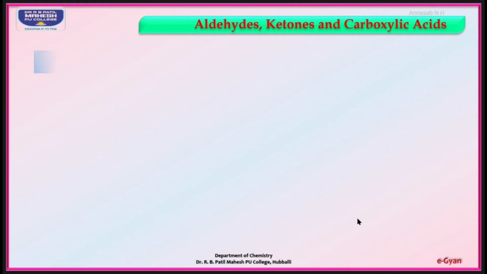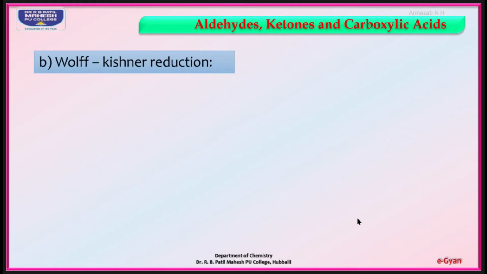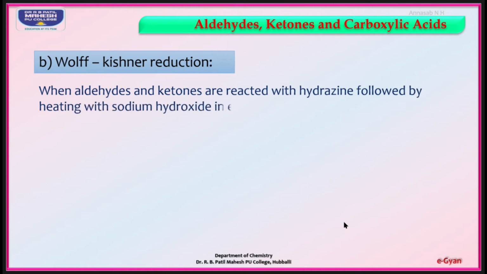Next, an alternative reaction for Clemmensen's reduction is Wolff-Kishner reduction, which is also one of the important questions for your board exam. Here also we are going to convert aldehydes and ketones into hydrocarbon. The same process, the C double bond O group is converted into methylene group. When aldehydes and ketones are treated with hydrazine, that is NH2NH2, followed by heating with sodium hydroxide base in ethylene glycol, a dihydroxy alcohol, at the temperature 200 degrees Celsius, they form hydrocarbon. Example: